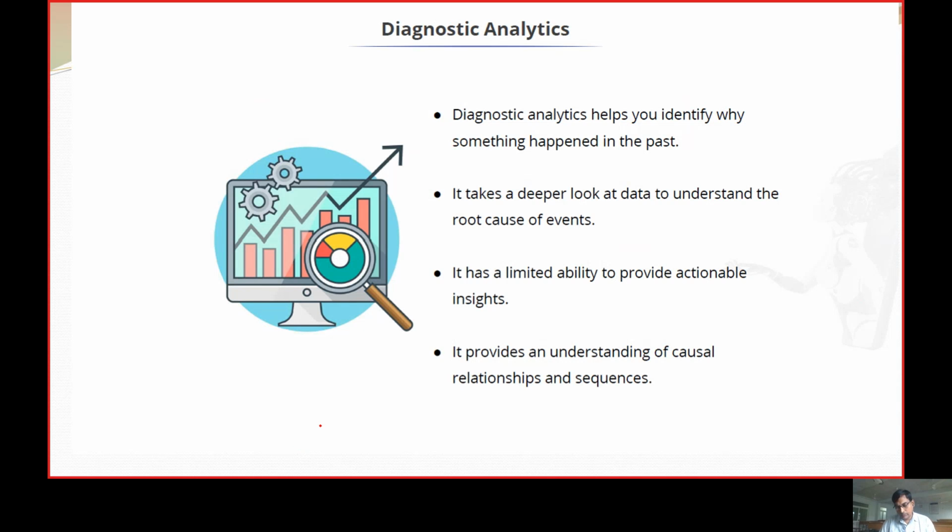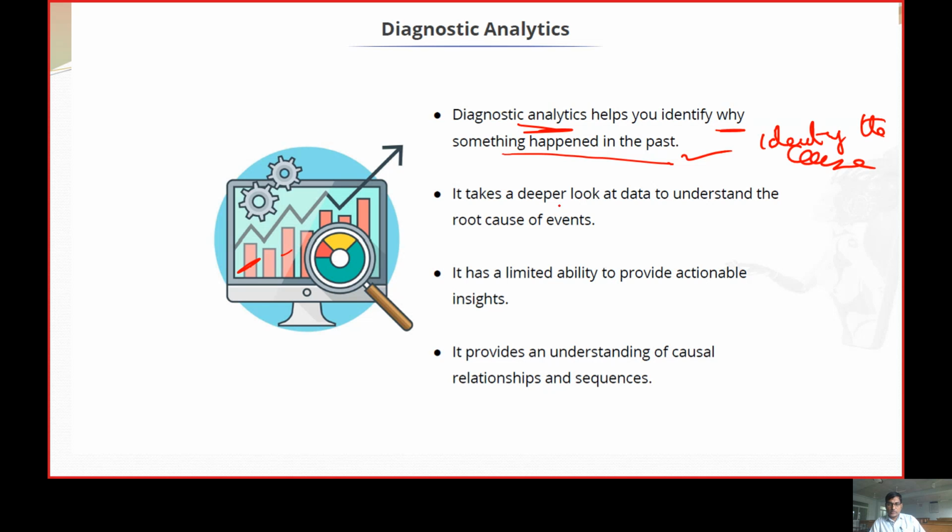Okay, we have taken up the first phase, that is descriptive analysis. After descriptive analysis, next we need to identify the diagnosis. Diagnosis helps us identify why something happened in the past. What was the pattern, and how or why did the pattern occur? Where it went down, we need to identify the cause. In the past, why did it go off?